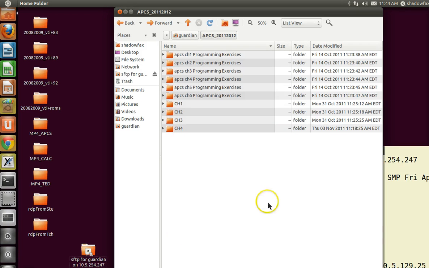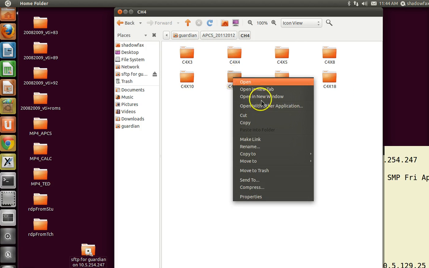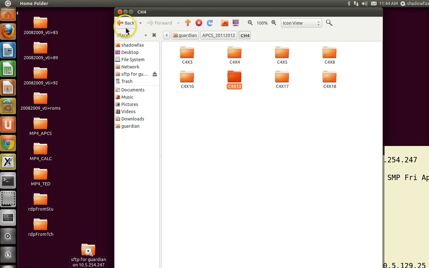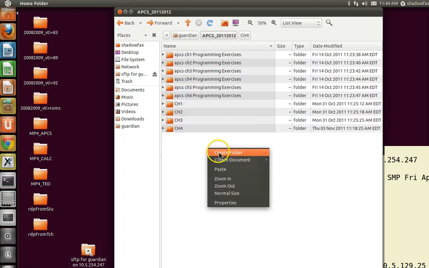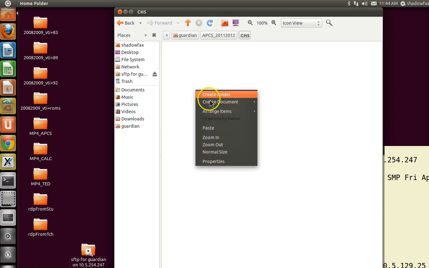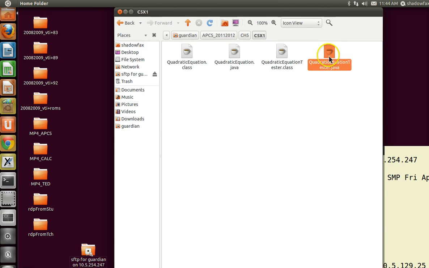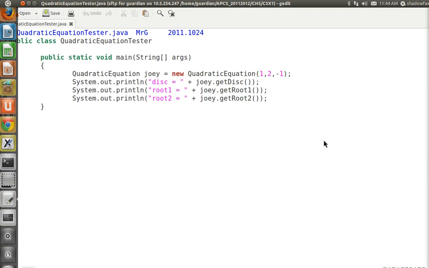Alright, so we're going to do the following. We're going to take C4X13, so I'm going to copy that and put it in Chapter 5. So let's create a folder called CH5. In CH5, I'm going to paste C4X13, but I'm going to rename it C5X1. Alright, so in C5X1, what we're going to do is add to the tester a predicate method